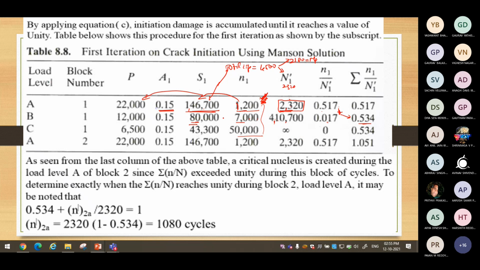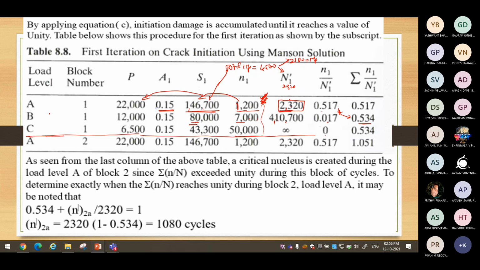Next, you apply the stress value of 43,300. We have the total life infinite. When the total life is infinite, that means no damage is happening over the component. That is the theoretical assumption. So we need not differentiate how many cycles to propagation, how many to nucleation. When there is no damage, there is no nucleation. Therefore, number of cycles for nucleation is infinity. You have no damage accumulated in this loading. You have completed one block of loading.